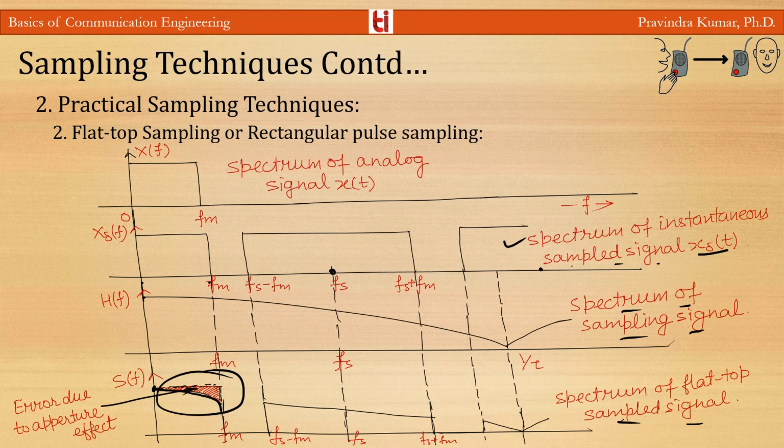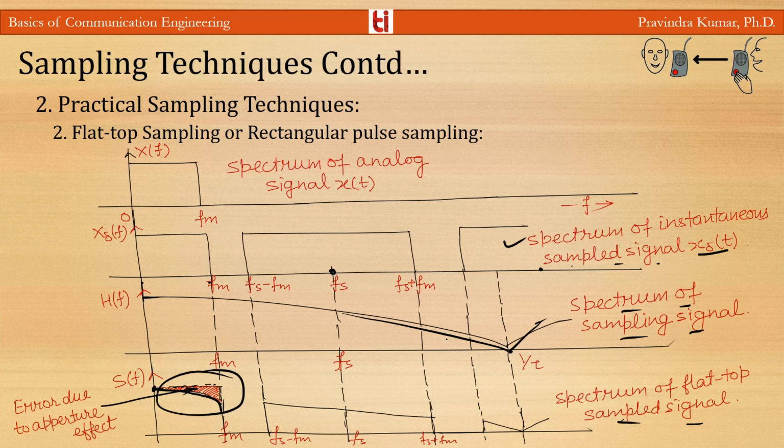The high frequency roll-off characteristic of a typical HF acts like a low pass filter and attenuates the upper high frequency portion of the message signal spectrum. So this is the spectrum of the low pass filter, and this will suppress the higher frequency components, and that's why we will have the error.